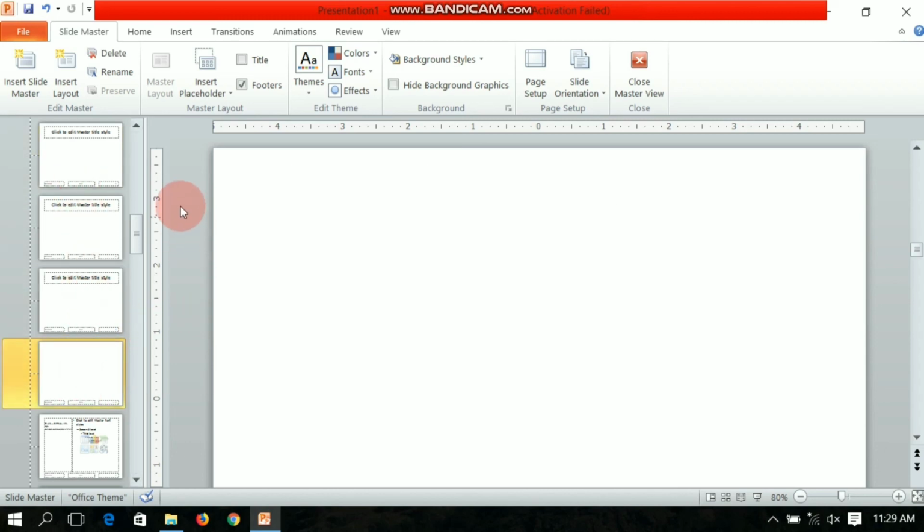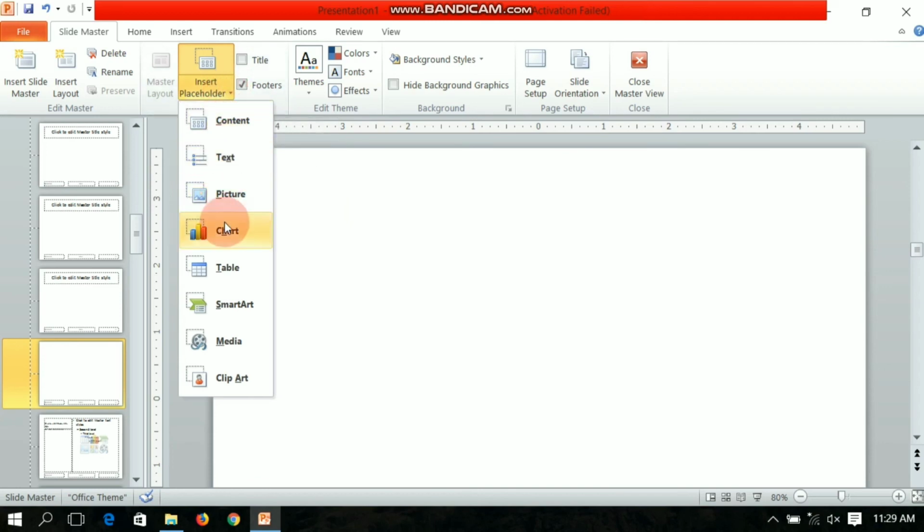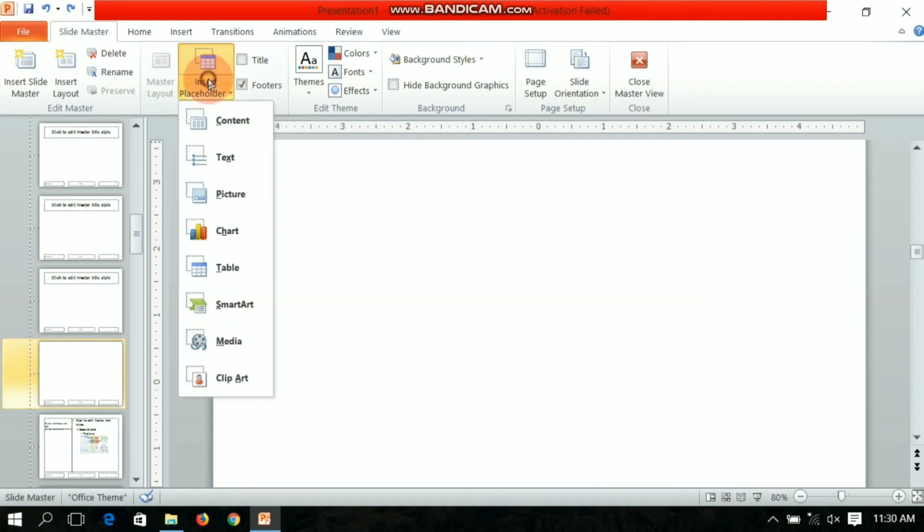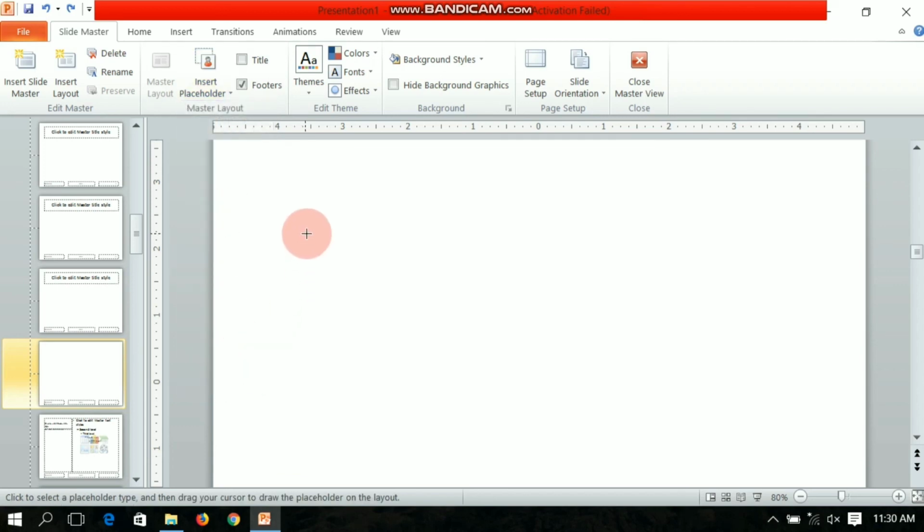Okay, and see, you can see this insert placeholder option. Okay, click on the drop down button and you will find various options. You can choose any one out of these. Okay, if I am clicking on clip art, you can insert clip art.